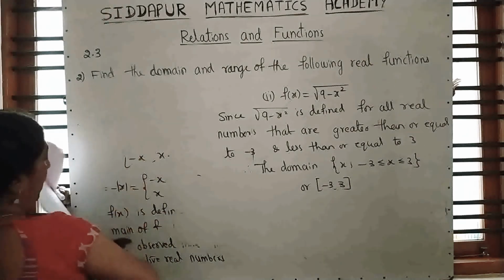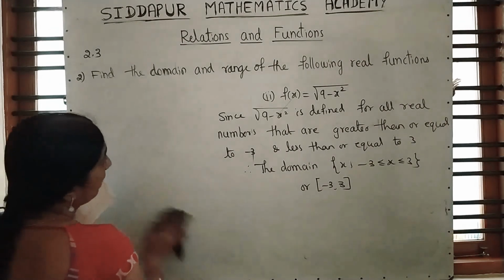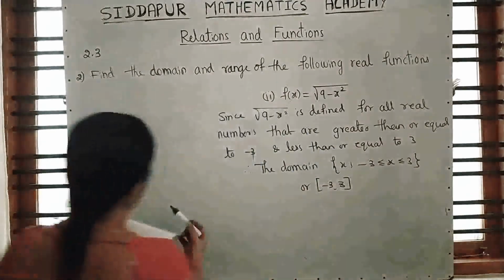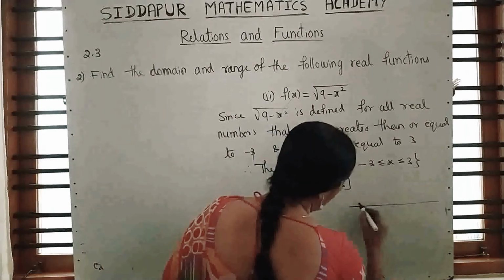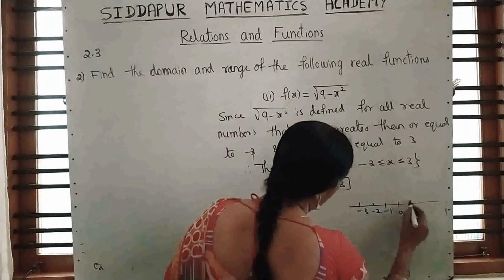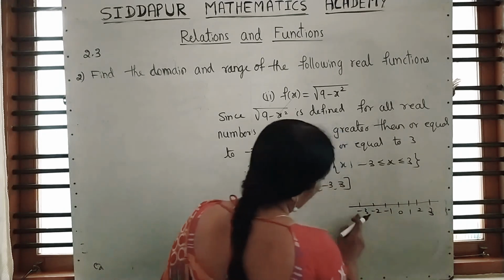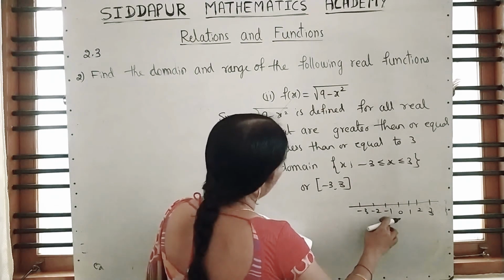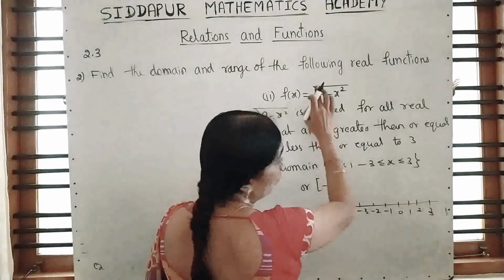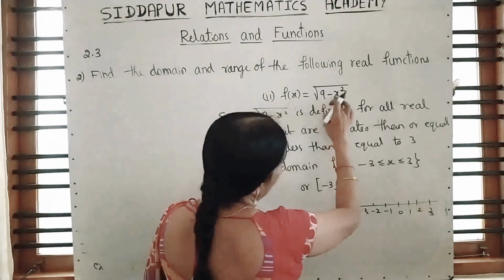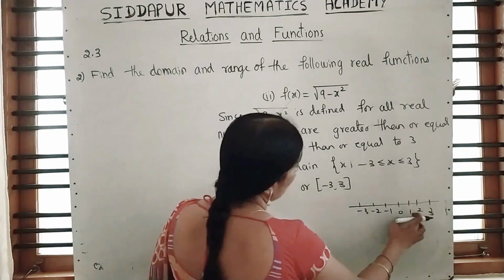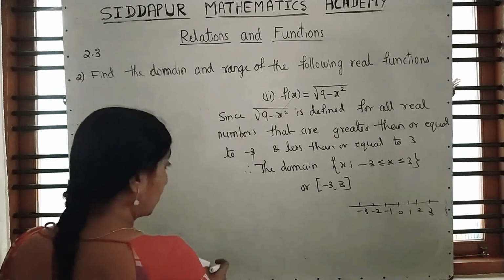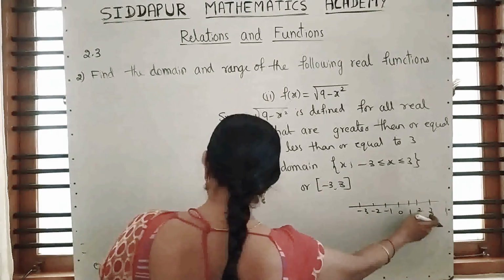For example, if you take minus 3, your answer will be 0. If you take minus 2, your answer will be root 5. Here I will write all the values. This is minus 3, minus 2, minus 1, 0, 1, 2, 3. Minus 3, if you write here, 0. Minus 2, root 5; minus 1, root 8; 0, square root of 9 is 3; 1, 9 minus 1, so you will get 8. 2 means root 5. It is 3. That means you are getting all positive values, and that too in between 0 to 3.